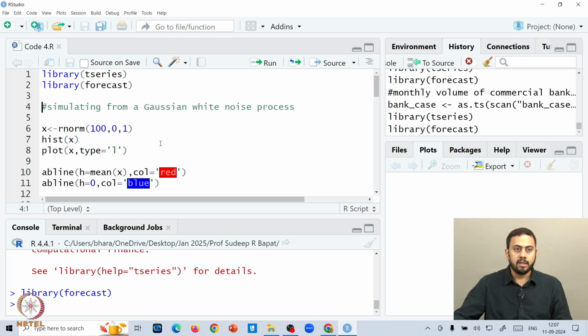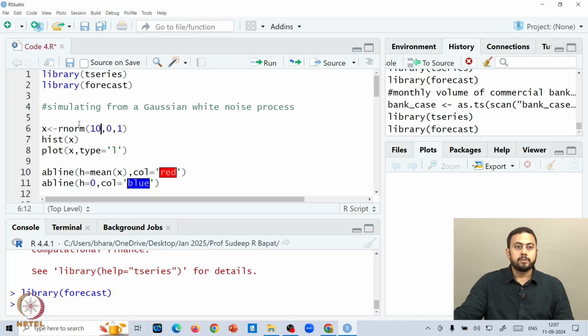How do you simulate from a Gaussian white noise, which is nothing but normal white noise? In R, you have the rnorm function to generate values from a normal distribution. How many values are you generating? If you delete this 0 here, initially we'll start with just 10.